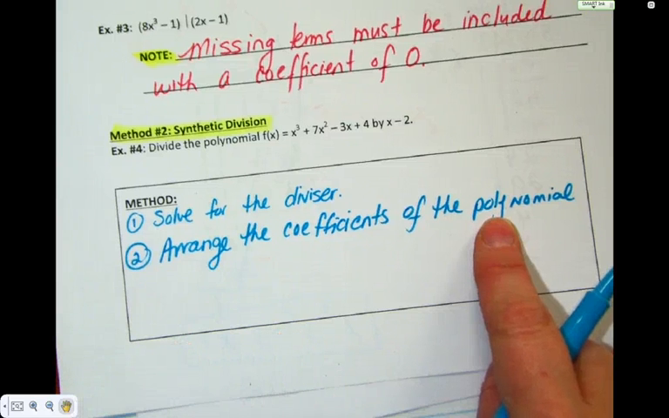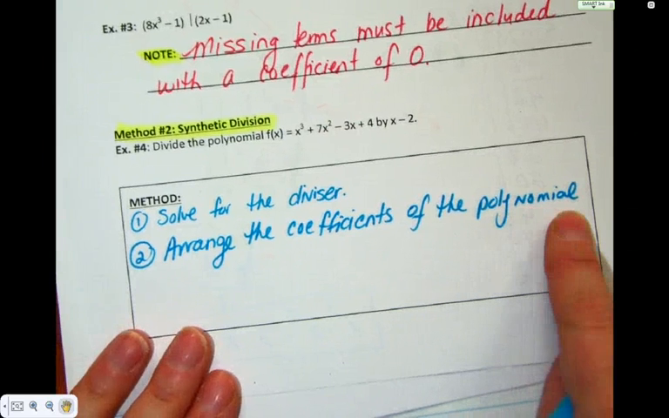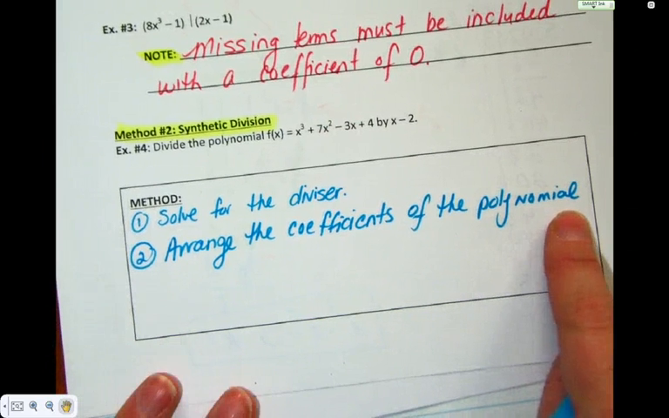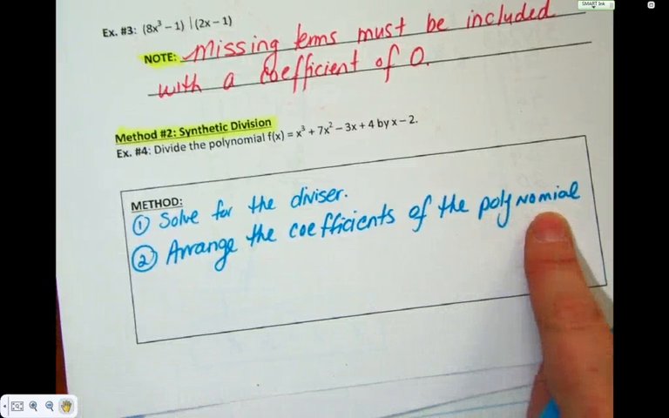So monomials, which you started with in grade 9, mono means 1. Binomial, bi means 2. Trinomial means 3. And then above that, we call them polynomials because poly means many. What does nomial mean in Latin? Number. This means many numbers. That's it. So arrange the coefficients of the polynomial and